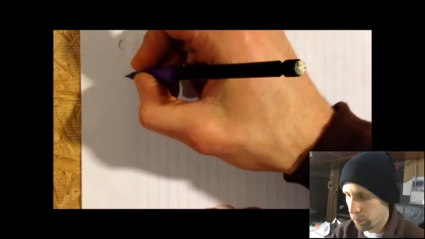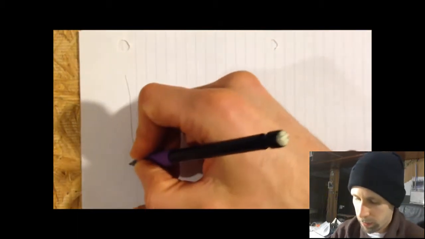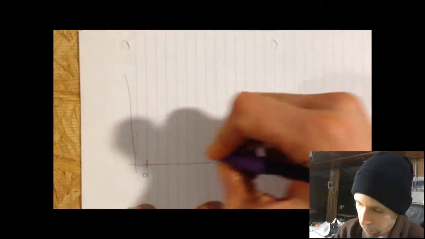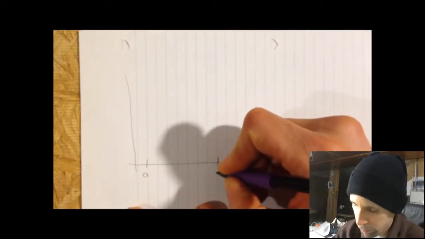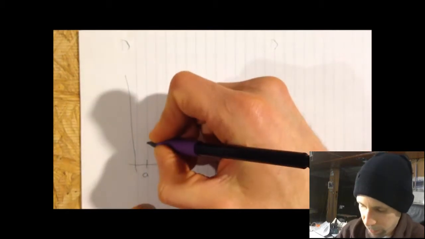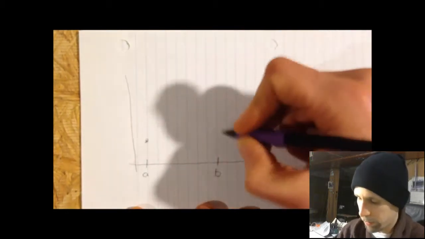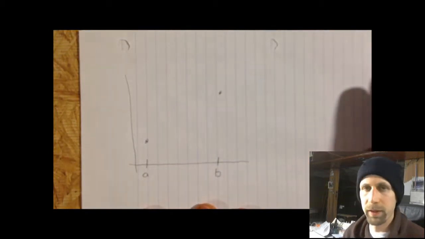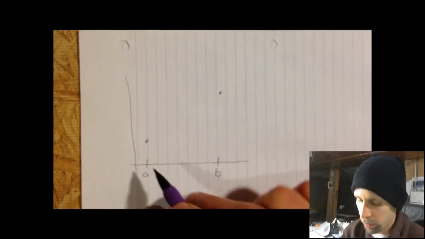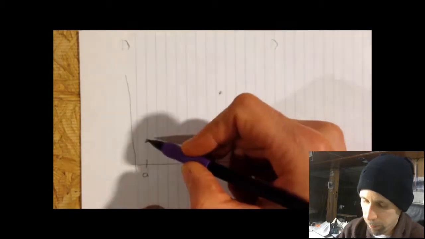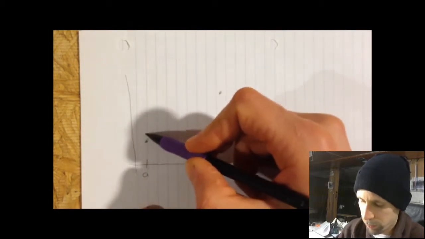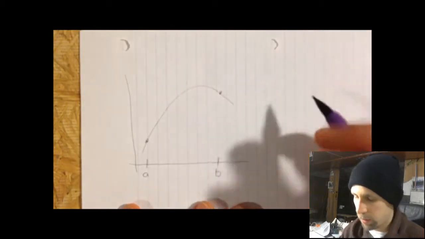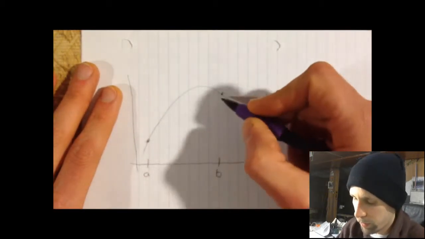The mean value theorem is a pretty simple idea. It applies to functions that are differentiable on closed intervals. A simple illustration of this: if you have a function that is differentiable on a closed interval, a, b, so I'll draw one such function. I could do, say, this. If the function is differentiable on that interval,